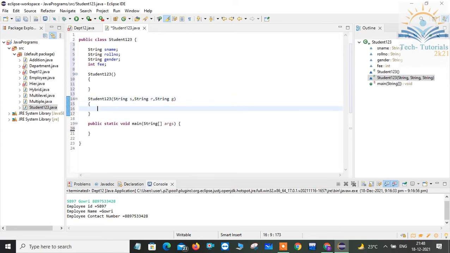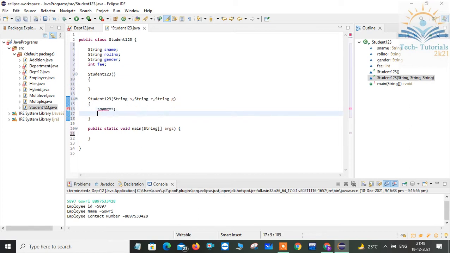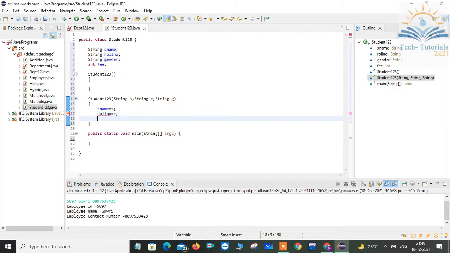Here I'm simply assigning these values: s name equals s, and then roll number equals r, and then gender equals g.